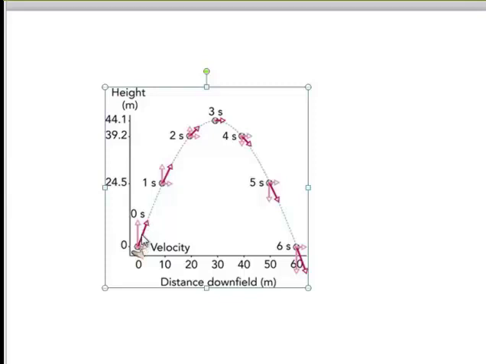So notice how the velocity is beginning to slow down as it gets over here at 1 second. Then it's going still slower at 3 seconds. Well, it's supposed to be a 0 velocity, and it is 0 vertical velocity. It's got a little bit of sideways velocity on this one, you can see. And then it starts speeding back down. So whatever happens on the going up is happening in reverse as it goes back down. So if it took 3 seconds to go up, it's going to take, again, another 3 seconds for it to